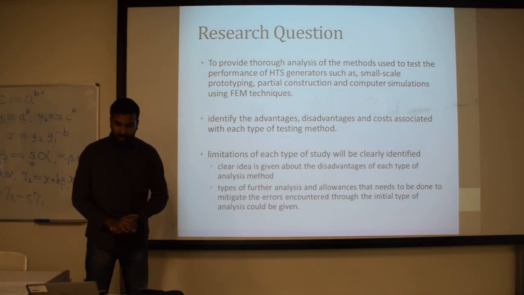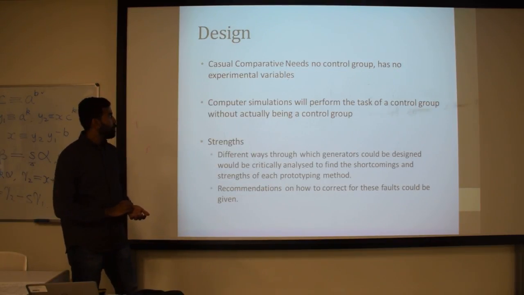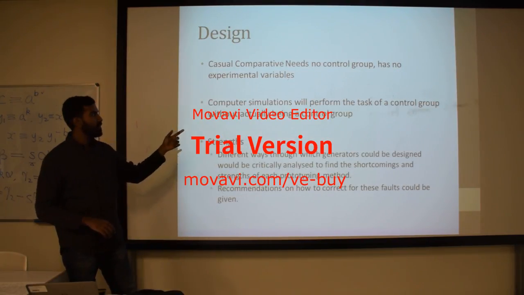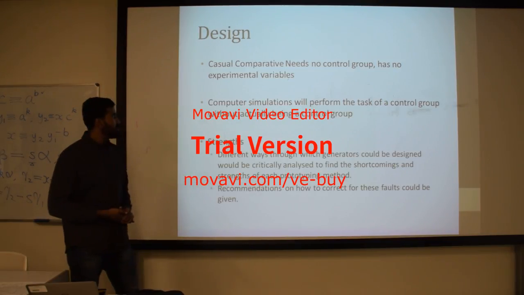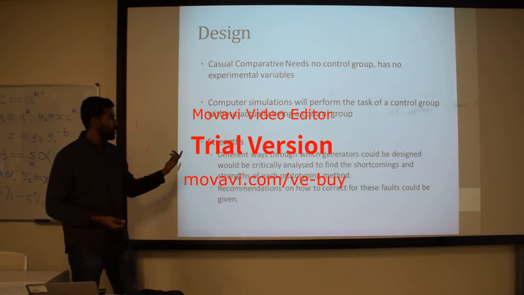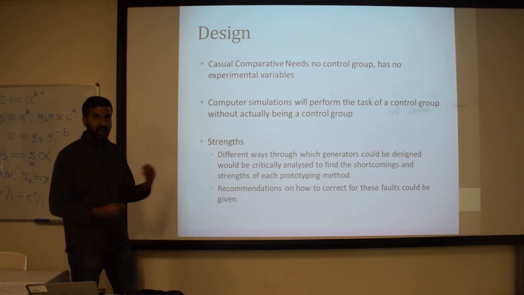Now the design. The design is causal comparative, because we don't need a control group. We are just analyzing the different methods, and if we did have a control group, it would be the computer simulations, because they will allow us to compare the other two together. The strengths, we could